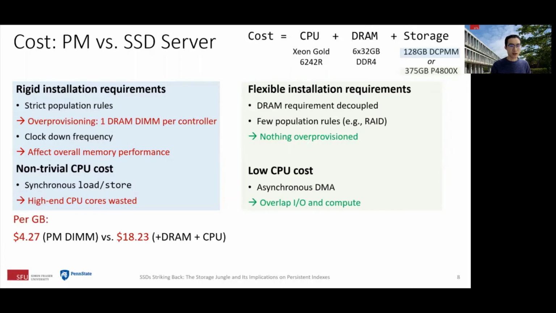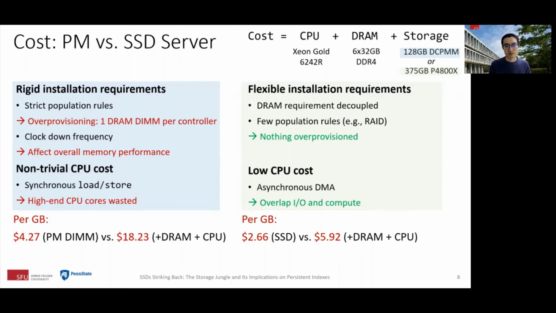model. When it comes to the actual dollar amount, if we only consider the storage media cost for PM, each DIMM here for the 128 gigabyte model, we're paying about $4.27 per gigabyte. But when you add the DRAM and the CPU cost, this number suddenly becomes over $18. Meanwhile, if we consider the SSD side, the per gigabyte cost for the SSD device itself is just $2.66 per gigabyte. And even after we add DRAM and CPU cost, it is still below $6, which is 1/3 of the cost